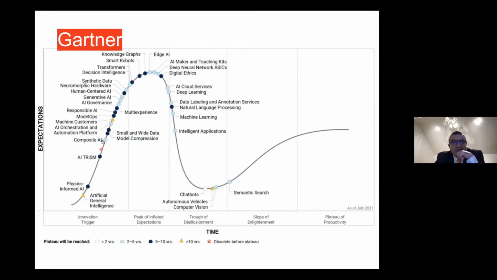I mean, different orchestrations of artificial intelligence, compressions of data models, governance, generative AI, so artificial intelligence that generates itself, centering in humans, decision intelligence beyond just decision making, smart robots and knowledge graphs. And once we get into this part of the graph, that's what we are seeing, technologies that are mainstream. And this part is typically when we can assume it's there and it's settled and it can be of use.